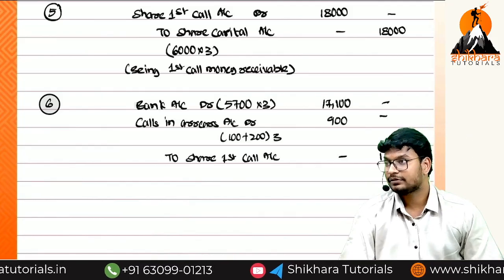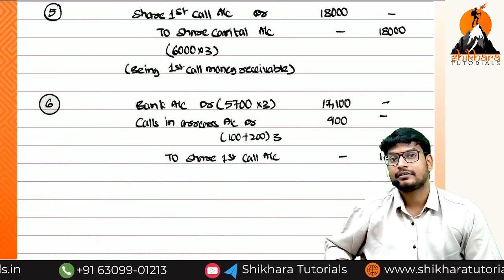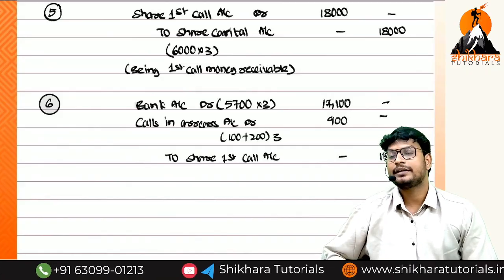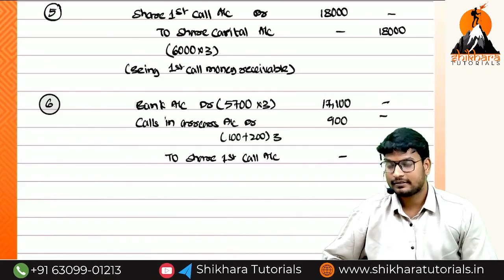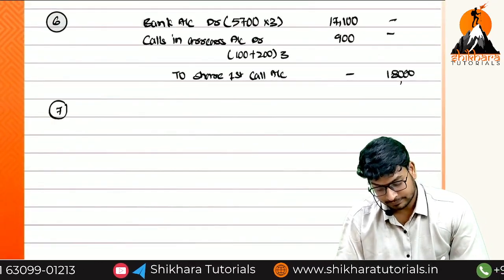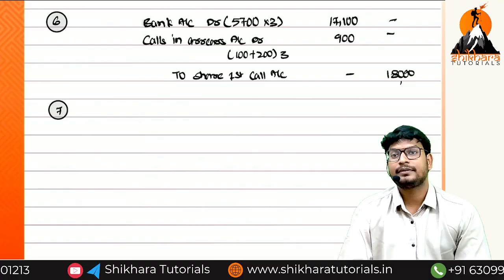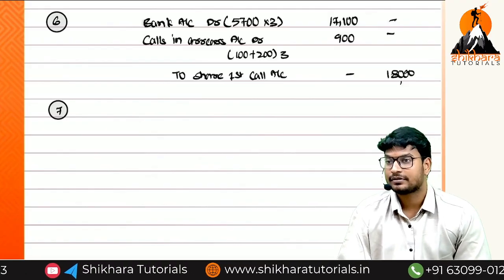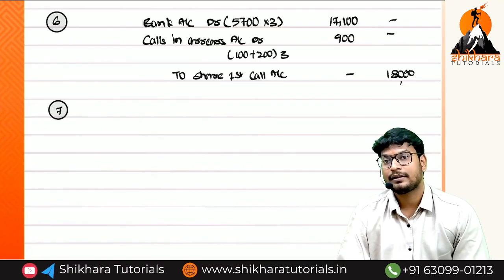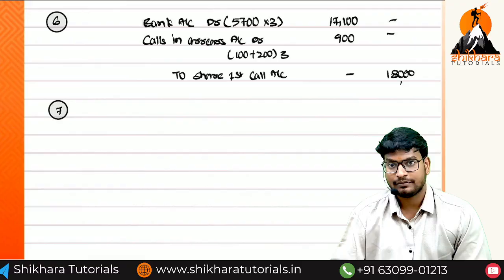Okay, now is there any doubts, ma? So next we have to write the second call due for forfeiture. On how many shares have we forfeited? 100 shares. Yeah. I think you will remember. How many items will be there? 4 items will be there. Because of the premium. Can I write directly? I am writing directly without the balance sheet.